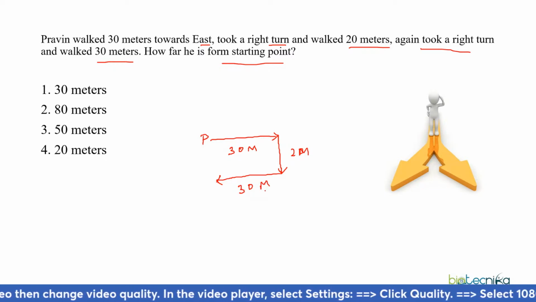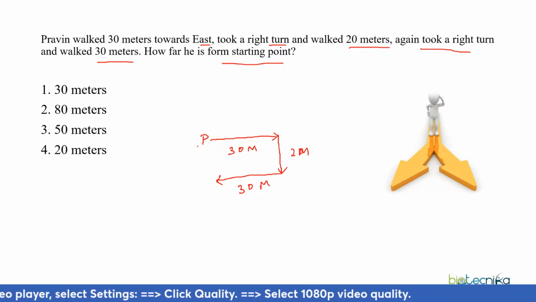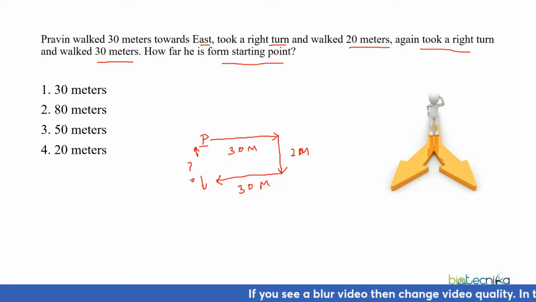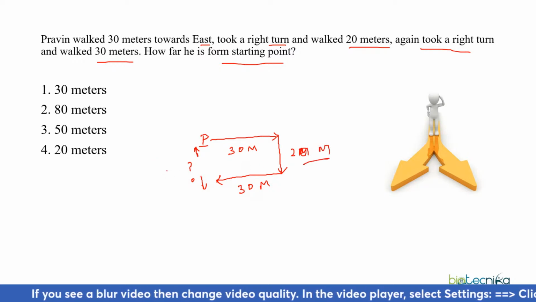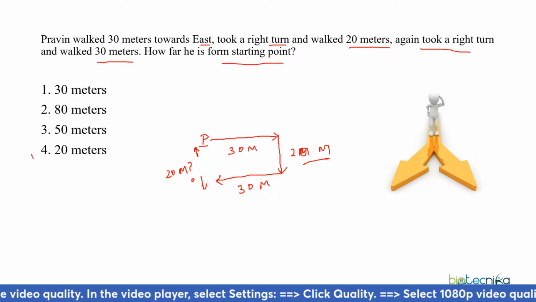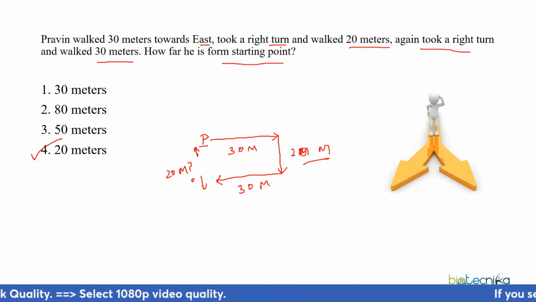Now, how far is he from the starting point? So in the question, it is asking the distance between these two, that is from P to this. What will be the answer for this? So obviously we can see from here, if this is 20 meters, then this one will be 20 meters also. So option number 4 will be the correct answer. That means 20 meters will be the correct answer for this particular question. Easy to understand? Was it easy to draw the diagram,